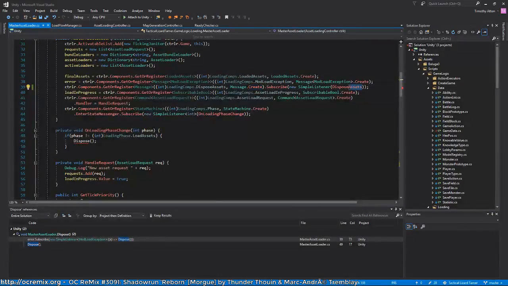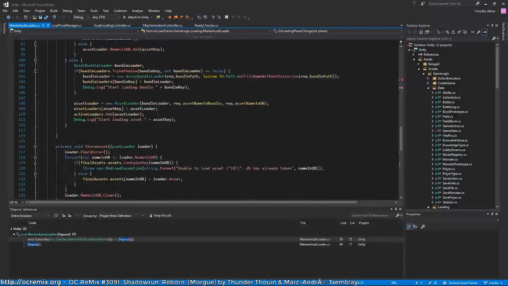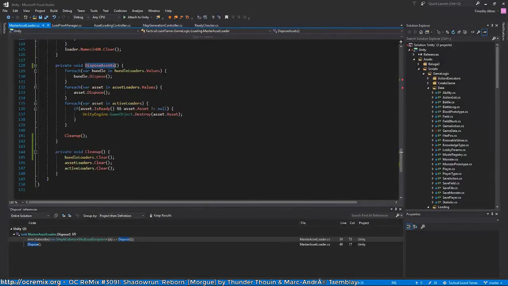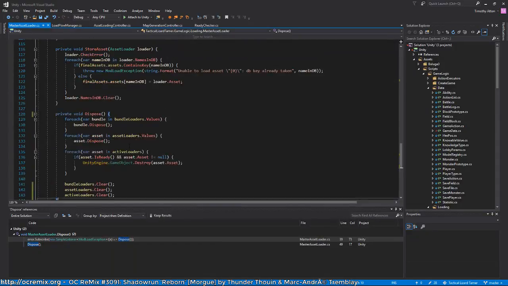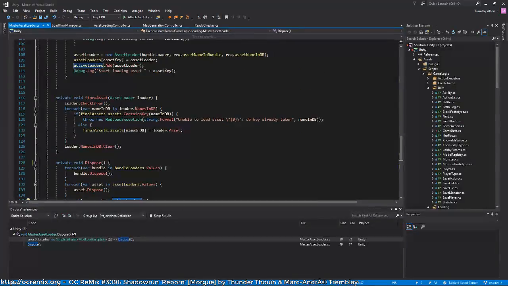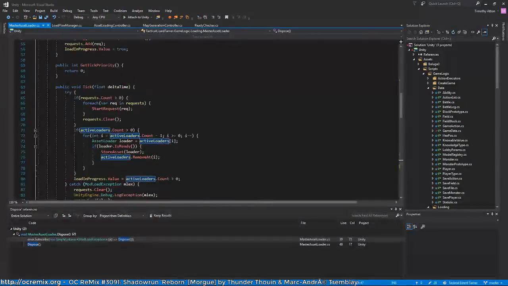Alright, so the reason that it calls to dispose here, which is just when we exit the loading assets phase, is because when we exit the phase, all of these active loaders should be removed, and so it won't destroy any assets. Okay, so I actually don't need to change that, but